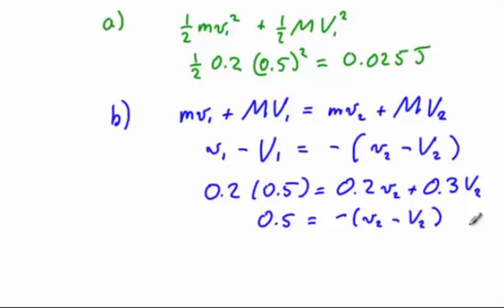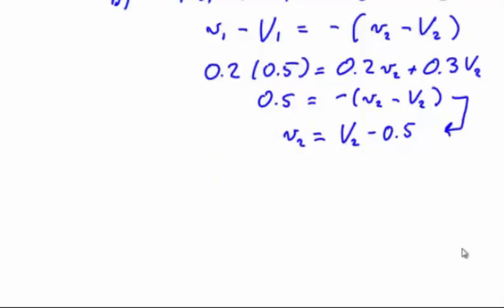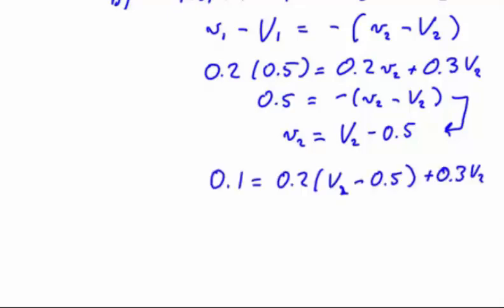Since the second of these two equations is simpler, I'll solve that one for lowercase v2. This result can be plugged into the first equation, thereby eliminating lowercase v2, leaving us with an equation only in uppercase v2. Collecting the terms for uppercase v2, we can then solve for uppercase v2, yielding